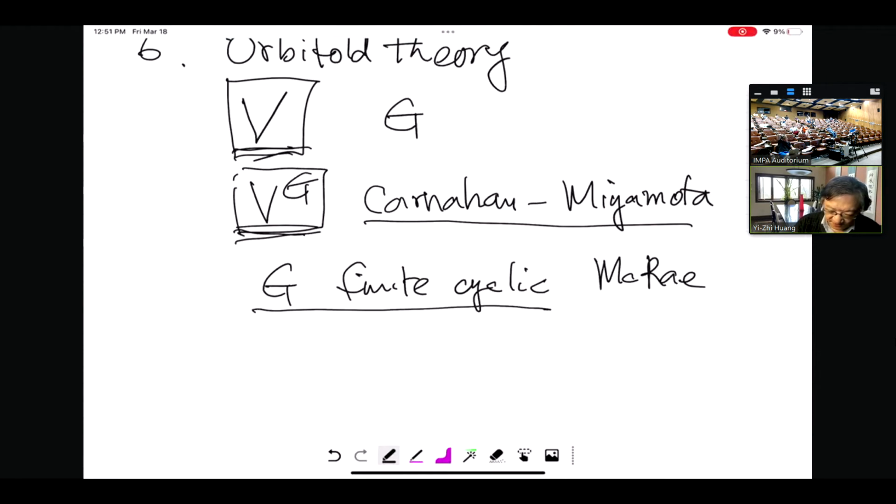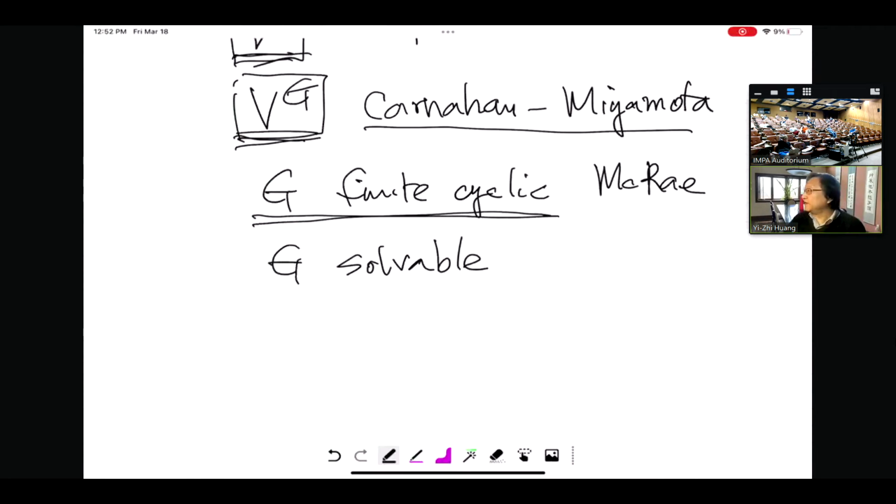So this is a nice result, but unfortunately, if G is finite cyclic, you can generalize this: by repeatedly using this result, you can generalize to G being solvable. Solvable certainly works. But for the study of conformal field theory, we are interested in, for example, the Monster, which is a non-abelian simple group, and all these 26 sporadic groups, so solvable groups are not the correct class of groups we should work with.